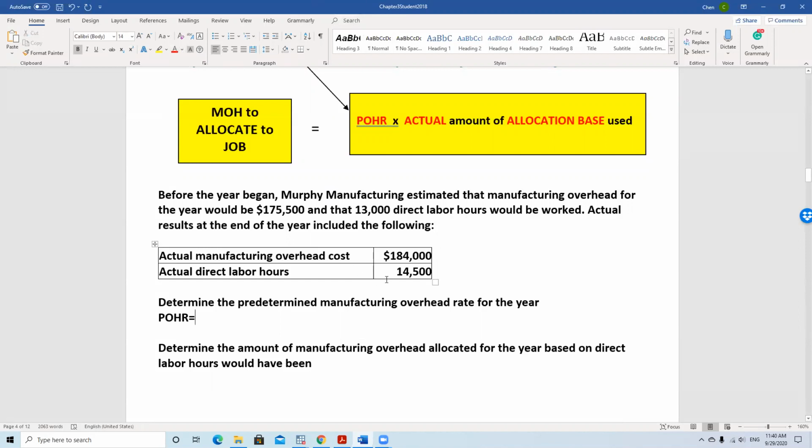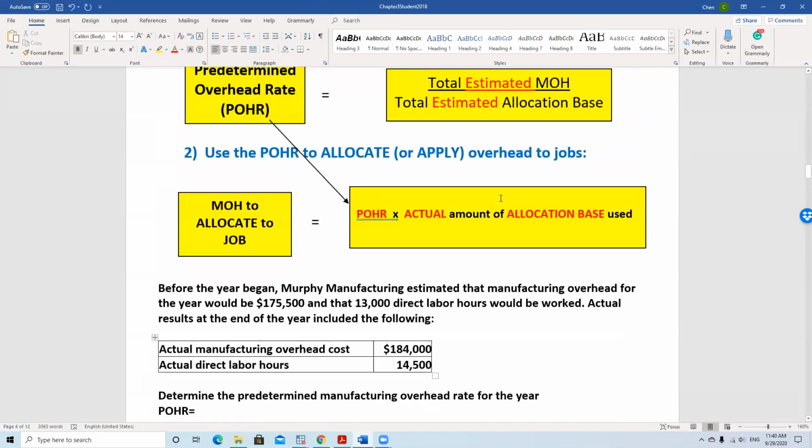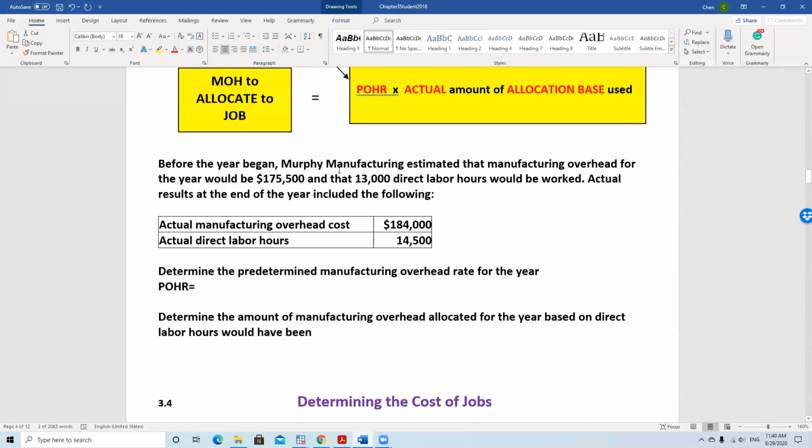First, you need to be very careful about the allocation base. So what is the allocation base in this question? Manufacturing overhead estimated for the year will be this amount, and direct labor hours will be worked. It looks like we only have direct labor hours, so we will use this as the allocation base in this question. So predetermined overhead rate is estimated total MOH divided by